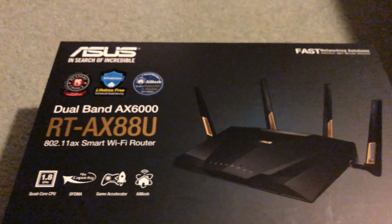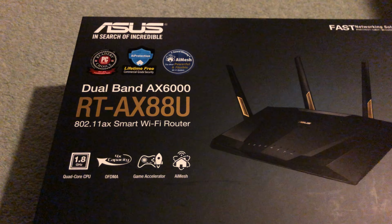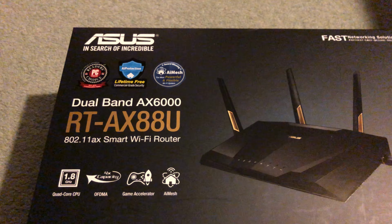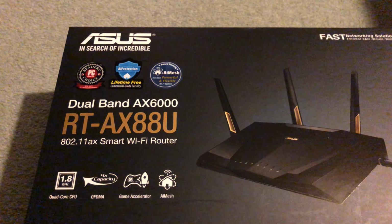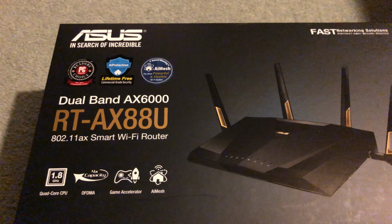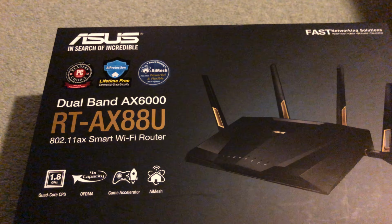Okay, the future of Wi-Fi is finally here. This is one of the first 802.11ax Wi-Fi routers to hit the market, and at the time of making this video, Netgear and TP-Link also have a couple of models that support this technology. But if you're an ASUS fan, it's either this or the more expensive ROG version, which is the